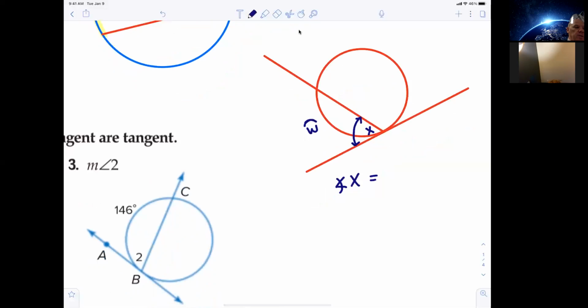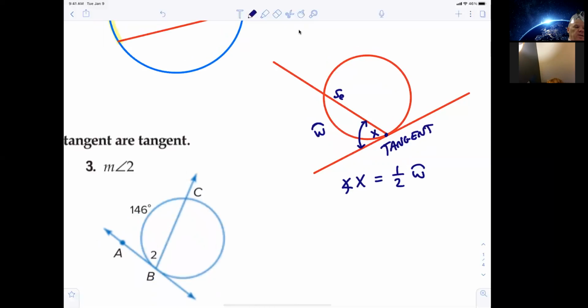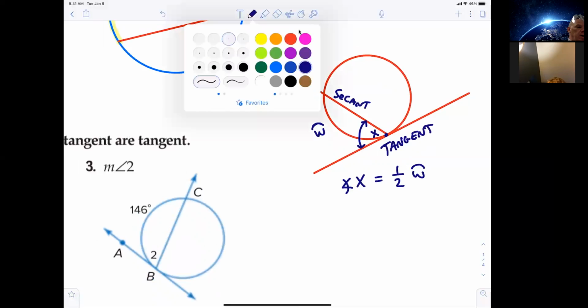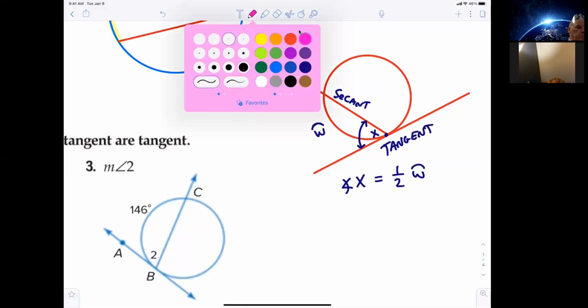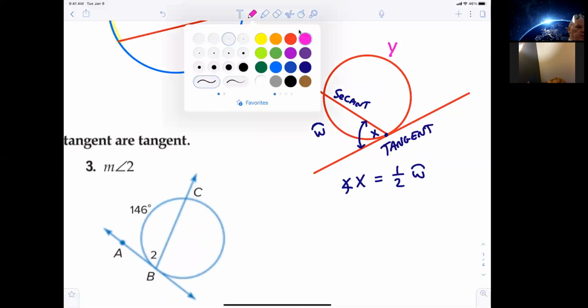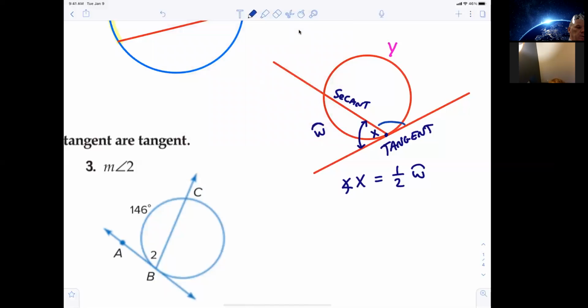Angle X is what? Half of W. That's kind of like the inscribed angle, but it's not exactly inscribed. So this is the intersection of a tangent and a secant. So this is a tangent line, and this is a what? Secant. And if I call this over here Y, and I call this over here angle Z,